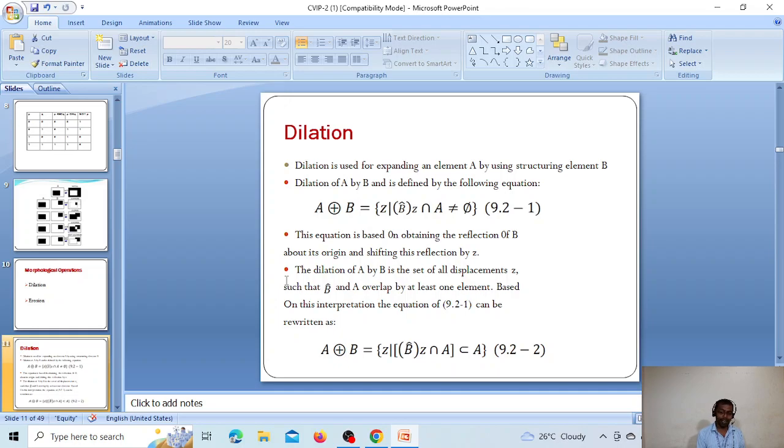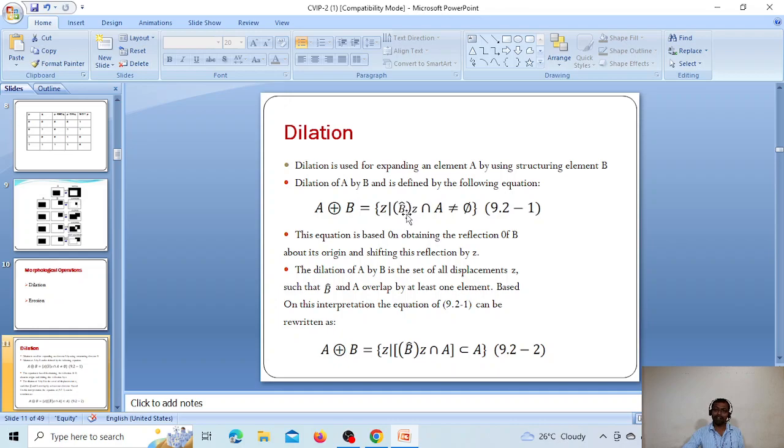We can use some structuring element. It is a mathematical formula we can use for the dilation operation: A ⊕ B = {z | (B̂)z ∩ A ⊆ ...}. First we calculate the reflection of B, then we calculate the translation.